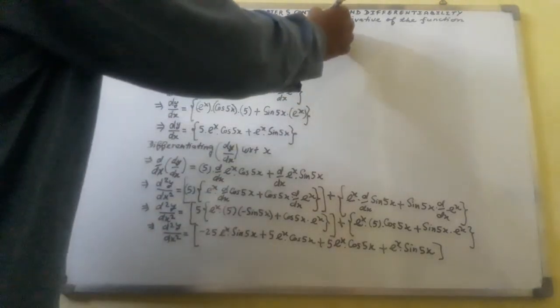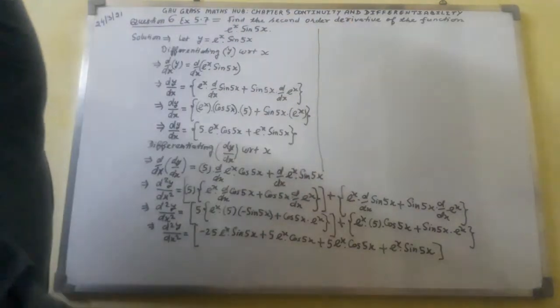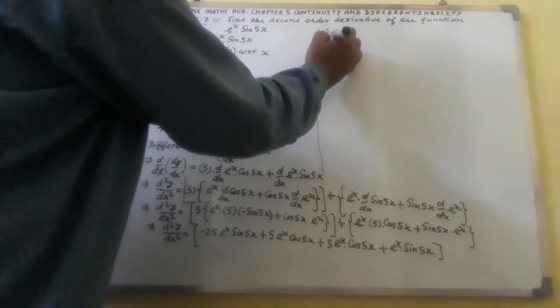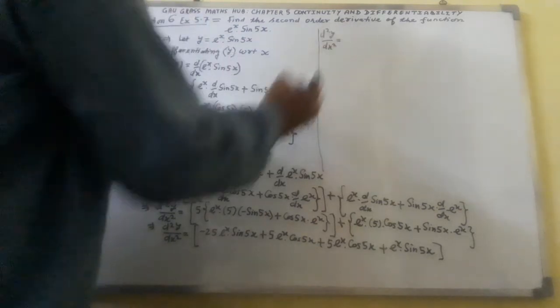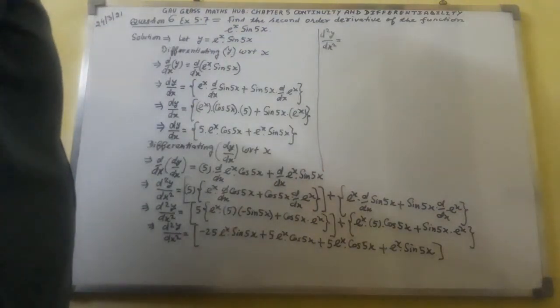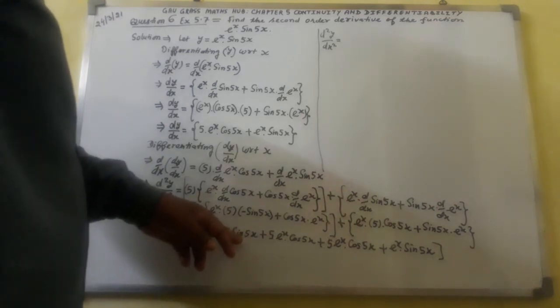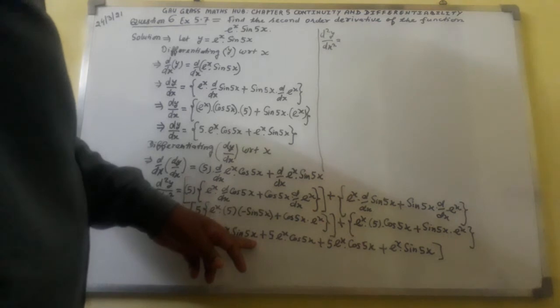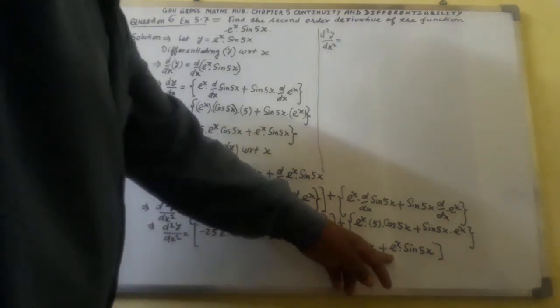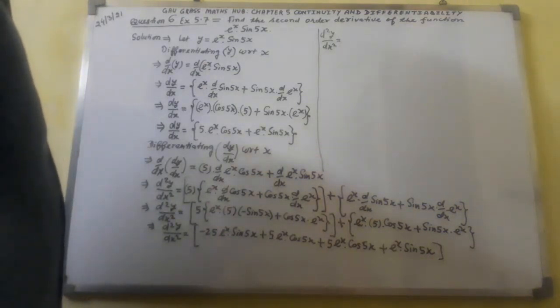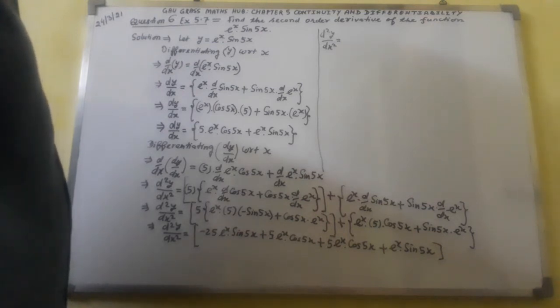So here I shall write d square y over dx square is equal to minus 25 e raised to power x dot sin 5x. Here e raised to the power x dot sin 5x, both will be operated together. So we will get here minus 24,